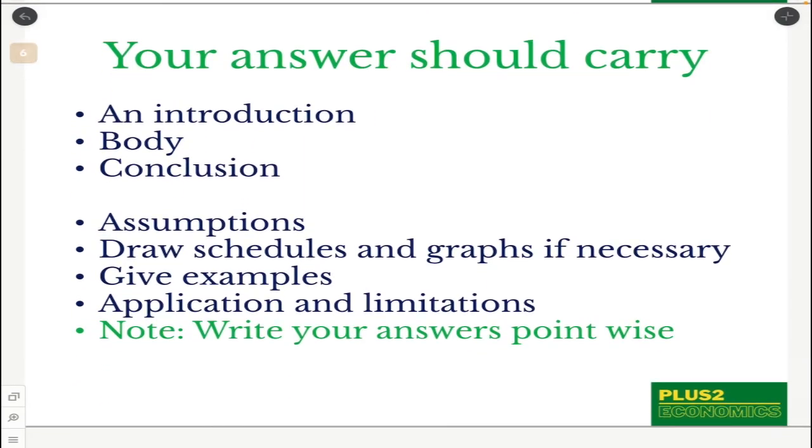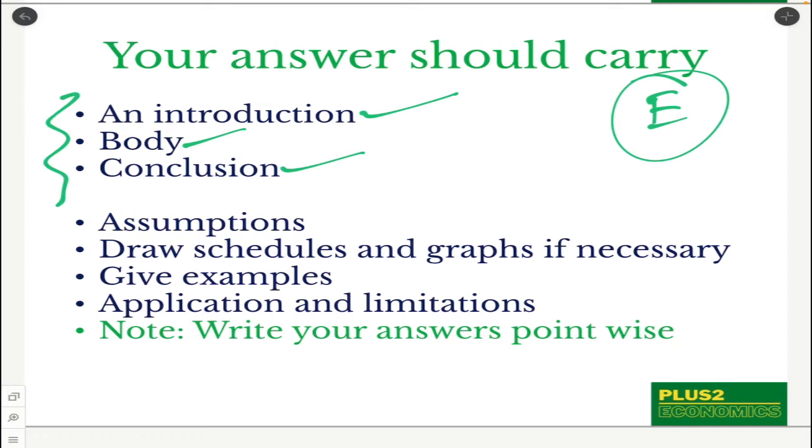Now, how do you answer? What should your answer contain? Like I told you, this is an essay type answer. So give an introduction. If you're talking about diminishing marginal utility, if you're talking about RBI, tell what is RBI, when was it established, by what act RBI was established, where has it got its headquarters. So write certain general information about RBI first and then come to the functions. Give an introduction. Then there should be a body. Write all the points, cover important points and sub-points. Then come to the conclusion. So remember to have these 3 parts in your answer.